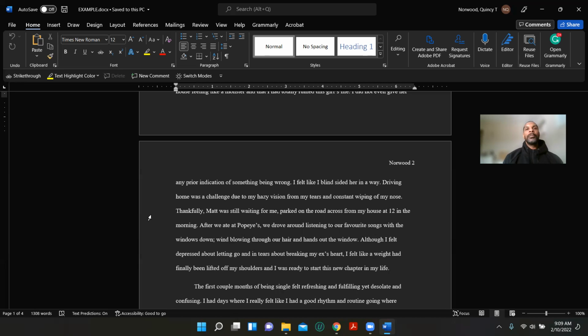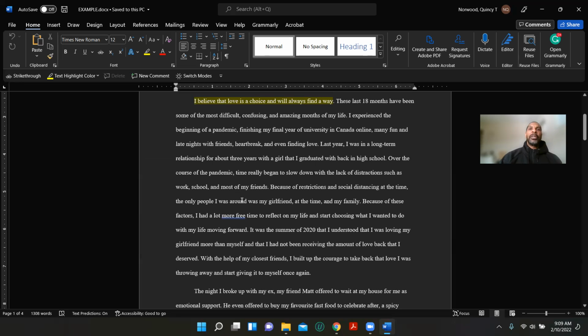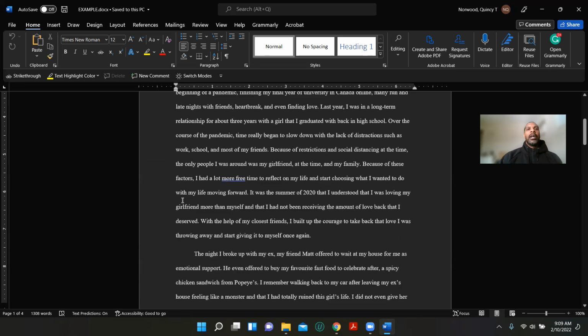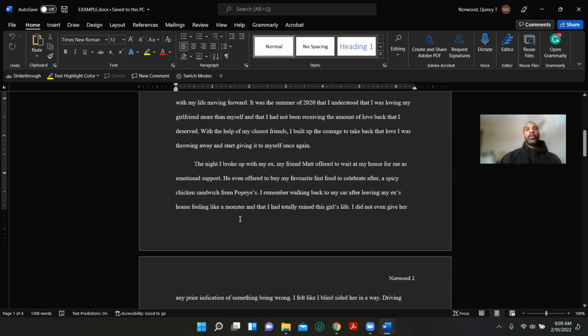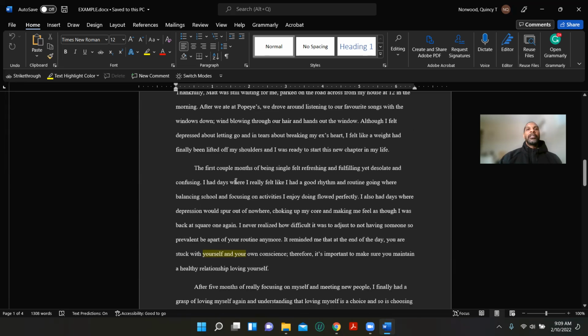Now, okay, this narrative, just a couple more paragraphs and then we'll move on. I know. All right. But we're seeing a sequence here. First paragraph talks about this long-standing relationship. 3 years. 3 years is a long time. All right. And then this paragraph talks about the breakup and the feelings that came from that. So this feeling,